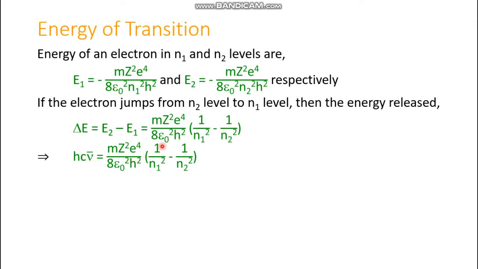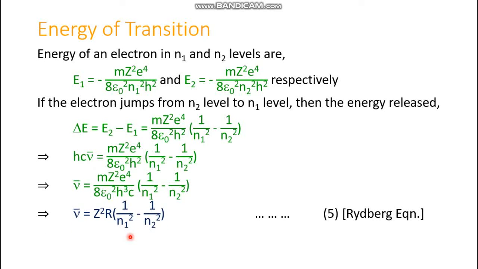Okay, and the right hand side is the same, or nu bar equals, just take h and c to the right hand side, so h becomes h cube and c also appears in the denominator. Other things are the same, and finally all these things except z are constant. So take out z square from here, and the rest of the thing, m e to the power 4 divided by 8 epsilon 0 square h cube c,